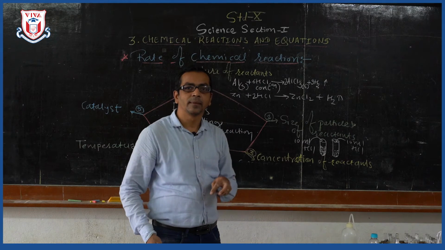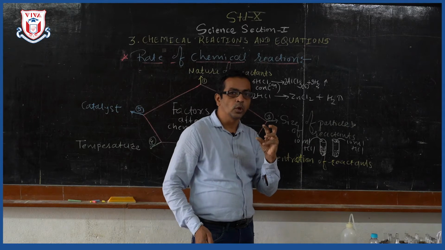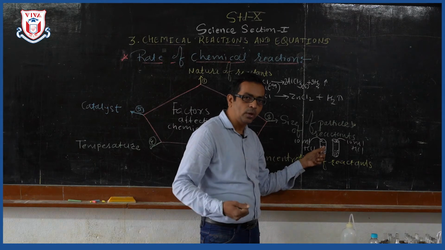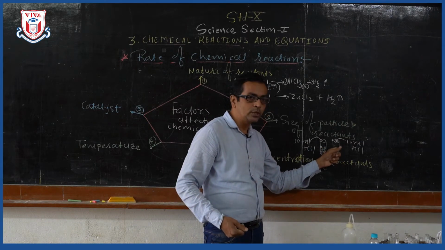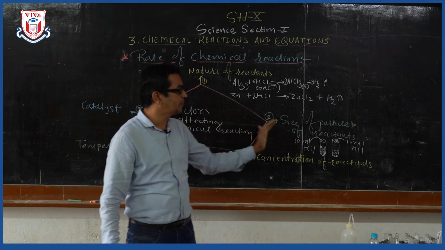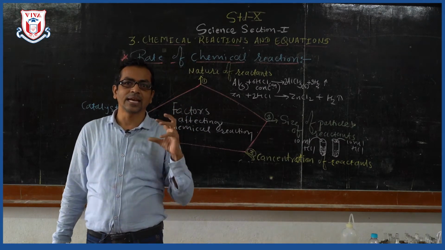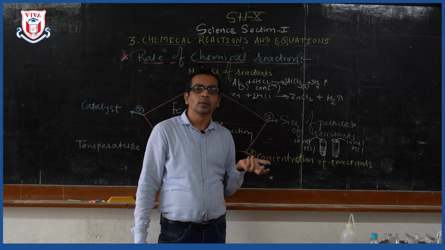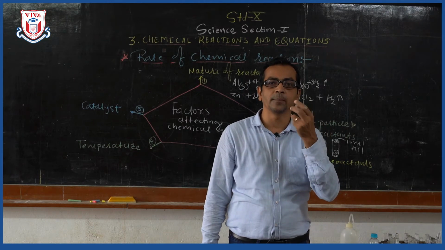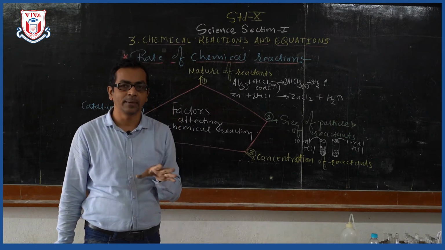What is the reason behind that? Here the particle size is big, so the time required for the reaction is more than that of the second test tube, where the particle size is very small, in powder form. So the rate of reaction depends on the size of particle. As the size is small, the reaction will be faster. As the size gets bigger, the reaction will be slow. That's why when we take medicines in powder form, they are mostly more effective to our body than tablets.